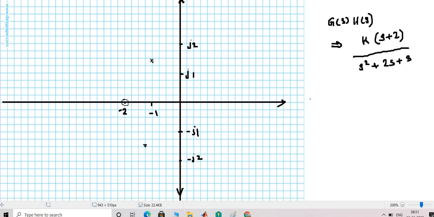Here they have given us a unity feedback system, and the open loop transfer function G(s)H(s) is also given. So we know that for a unity feedback system H(s) is equal to 1. So the open loop transfer function G(s)H(s) is actually equal to G(s) only. Now we have to find out